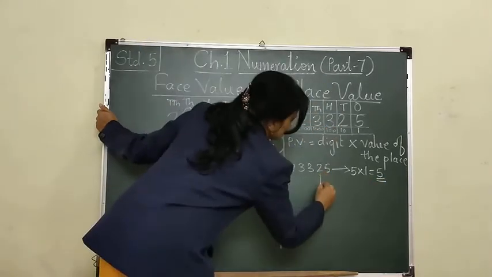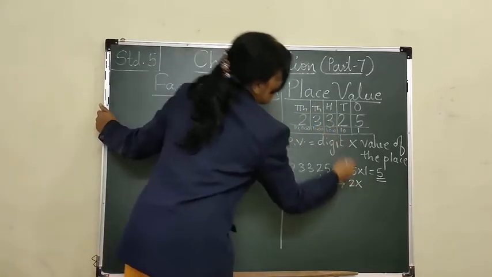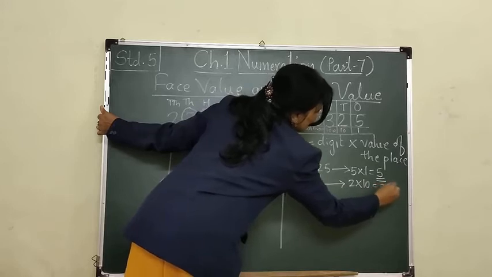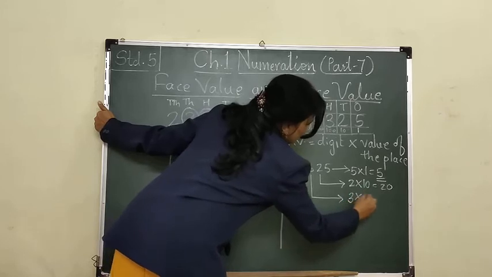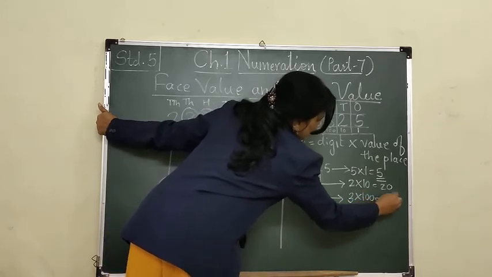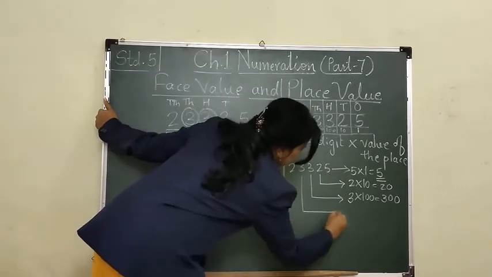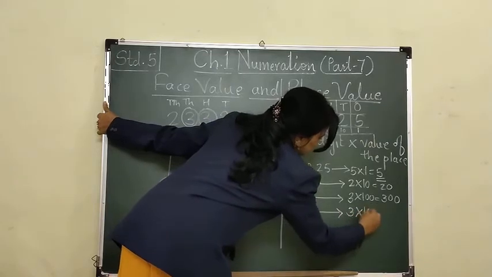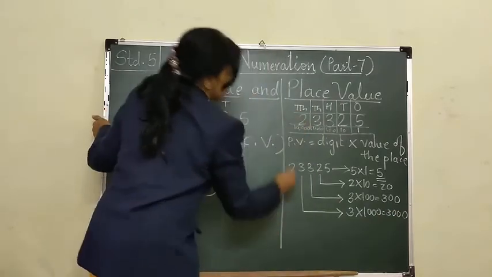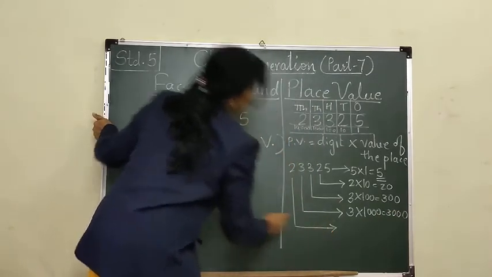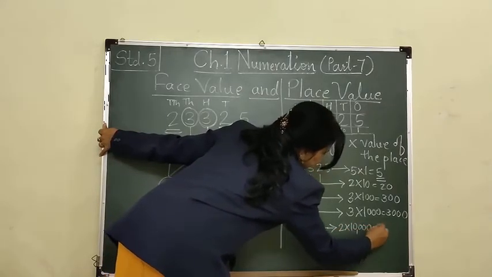Now the second digit is 2. So take the digit and multiply it by the value of the place. 2 is at 10's place, so multiply it by 10. 2 tens are 20. Now 3 is at 100's place. So 3 and the value of that place is 100. So 300. This 3 is at 1000's place. So 3 multiplied by the value of the place, 1000, is 3000. And the last digit, that is 2, which is present at 10,000's place. So 2 into 10,000,